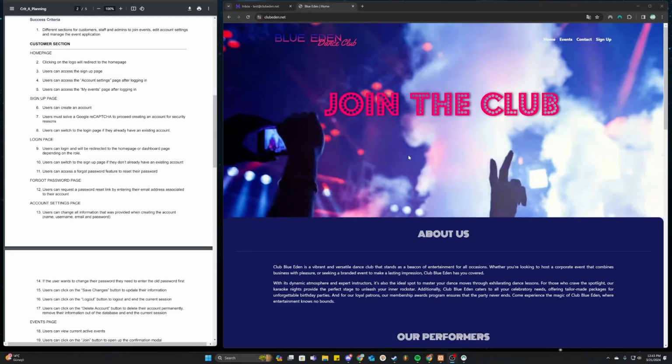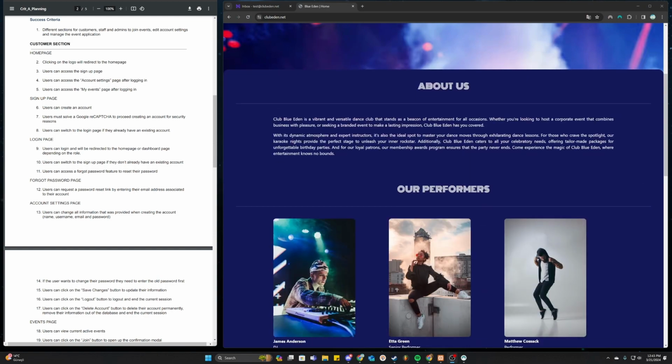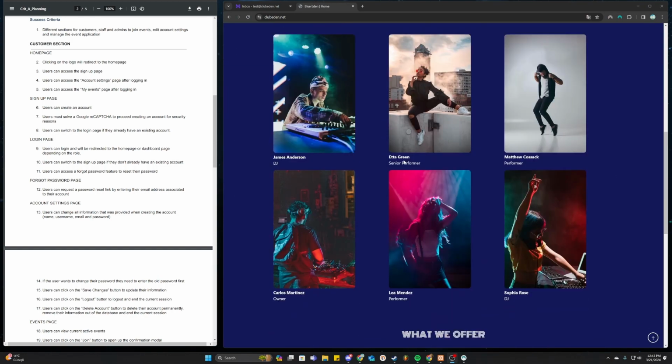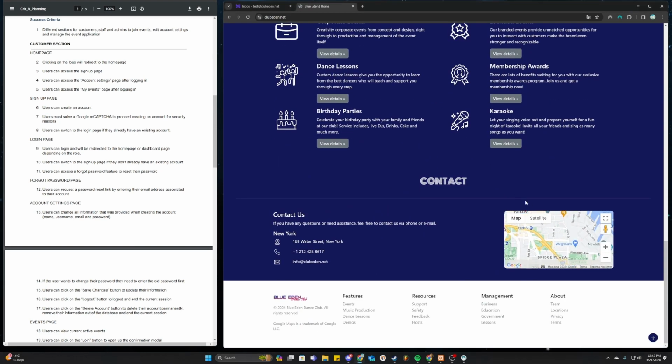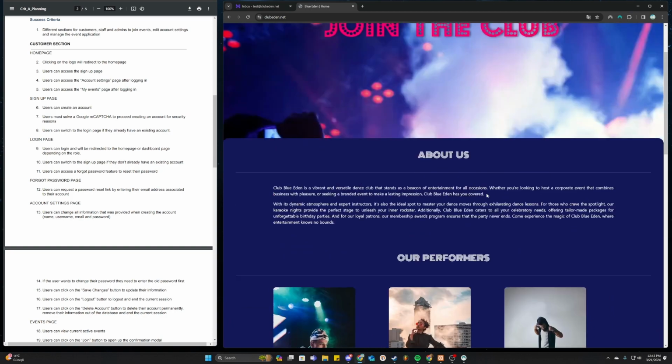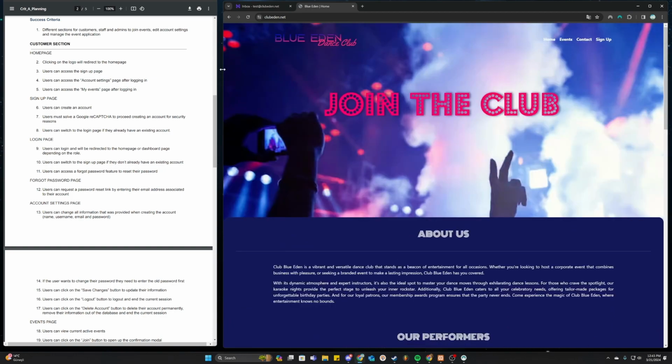In this video, I'll be showing you all of the functionalities of my event management web application. This is the next page, so the first page that is visible to the public. It features simple buttons that redirect to the different static pages, a Google Maps integration of the location of the club, and a responsive design as for all of the other pages